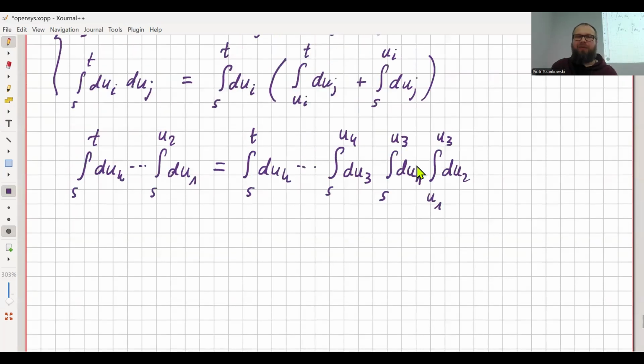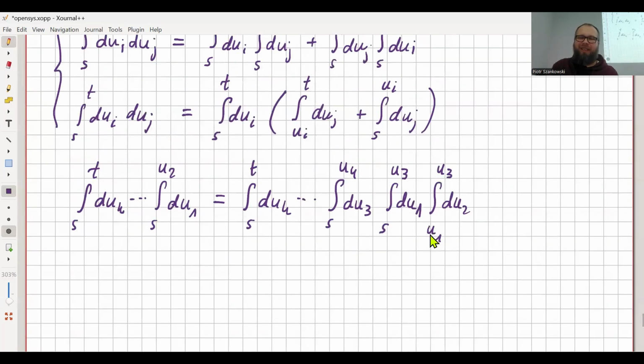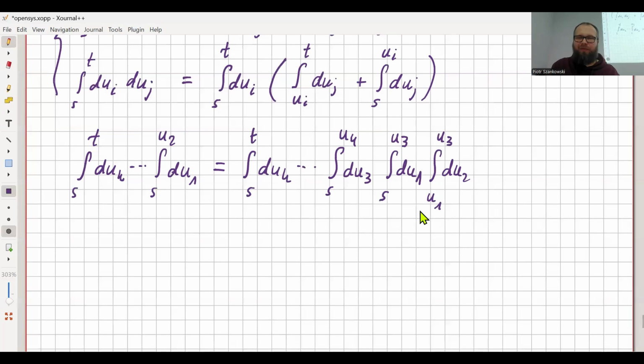So the thing of note is that now the lower limit depends on the variable we are pulling in front. And you go pull it through u3, u4, and so on, until we get to the very front, which produces for us